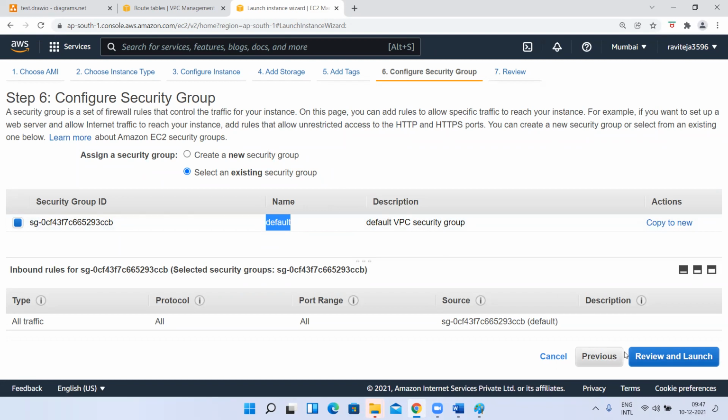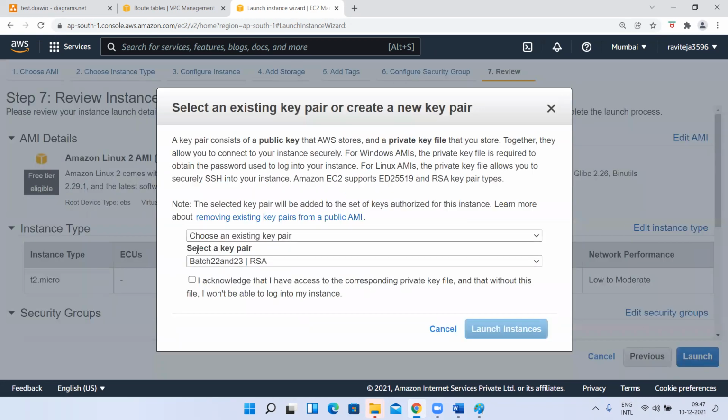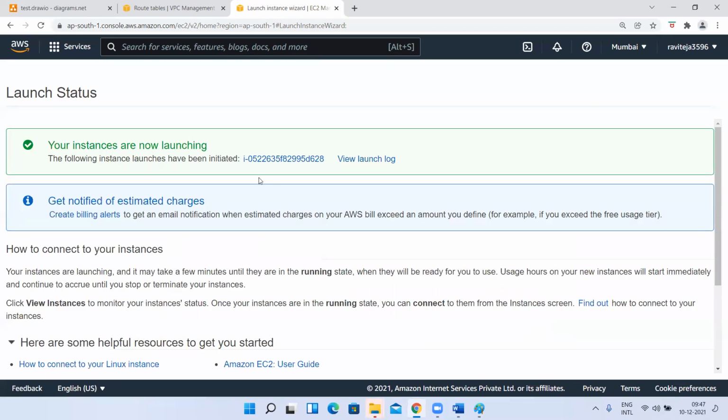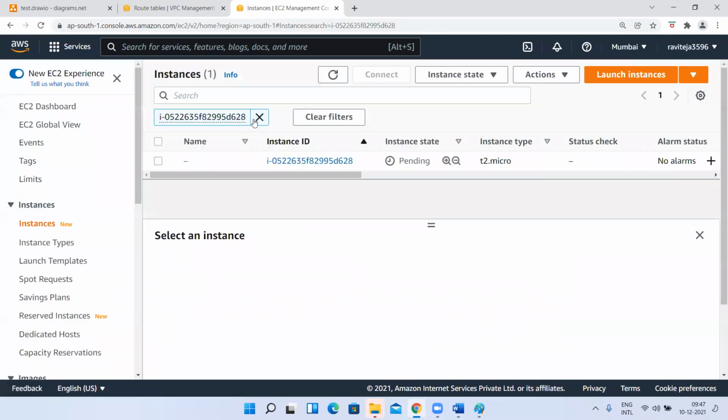Okay, you take this, then launch it. This PEM file is region specific, you can create it. PEM files are region specific. I created it. Now, which IP address might my instance have got?